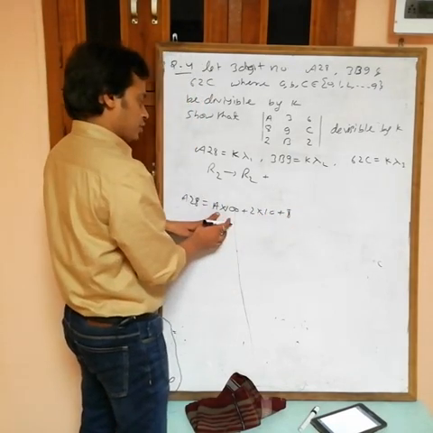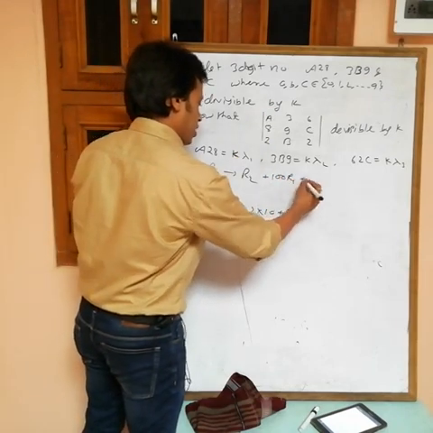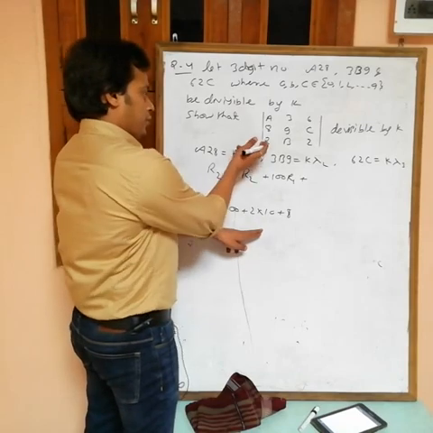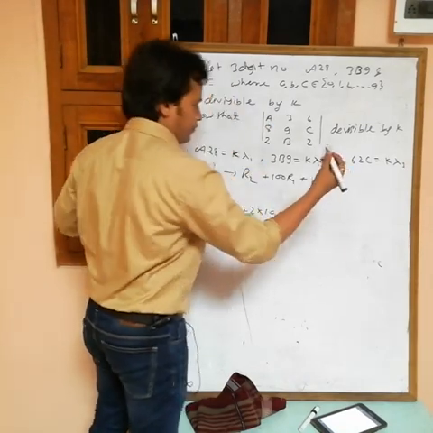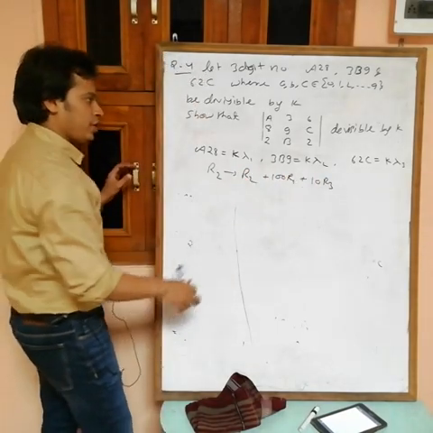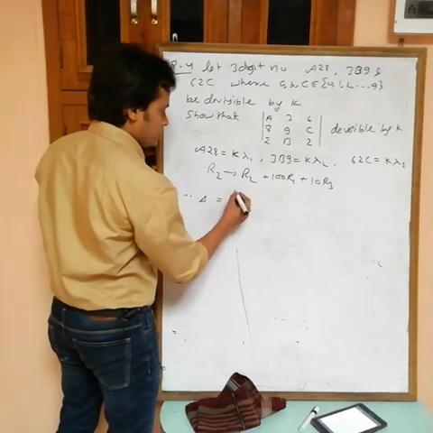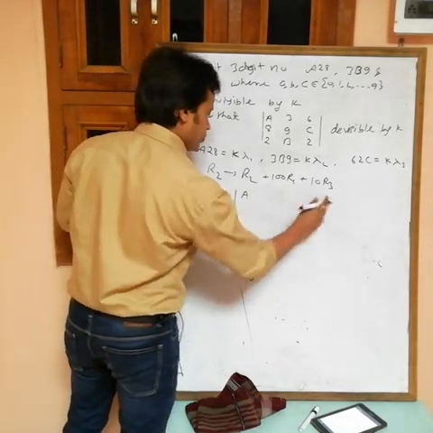So 100 R1 and plus 10 R3. In any row you can add or subtract a constant multiple of another row. Add these. Then the determinant is equal to